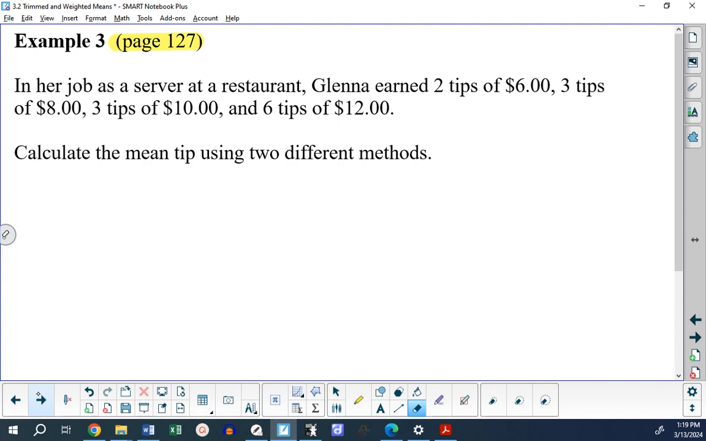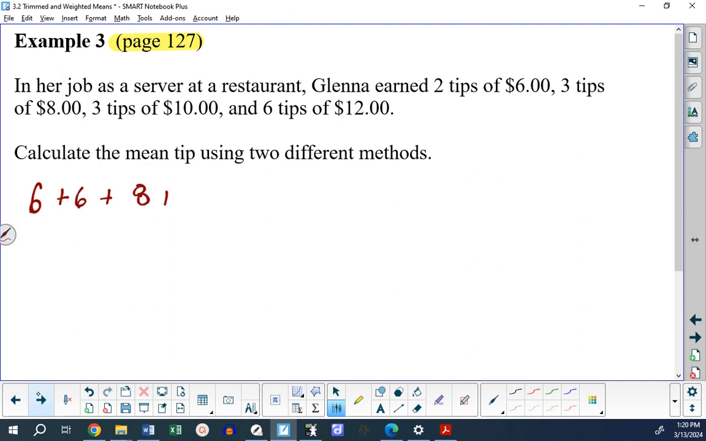So, the answer is $9.86. It's actually 9.8571 something. And what Brennan did, and we're going to answer this question now, it says calculate the mean tip using 2 different methods. So I'm going to show you Brennan's method first, and you don't have to write it down because you've already done it. What you did was you said 6 plus 6